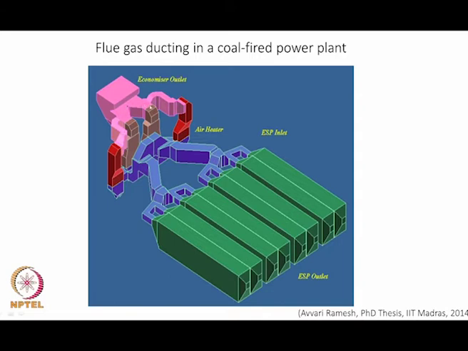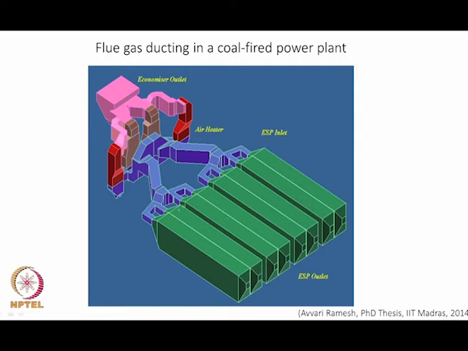And this stream here is again split into two streams, one going through a primary air heater and one going through a secondary air heater. So, this goes in here, it gets cooled in the process of heating the primary air, and then this stream goes down here, and this stream is going into the secondary air heater, and then it comes through like this. They both mix and then they come into this, and this section will lead them into the electrostatic precipitator,